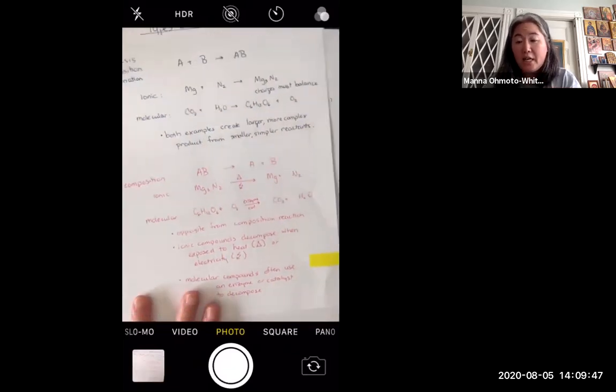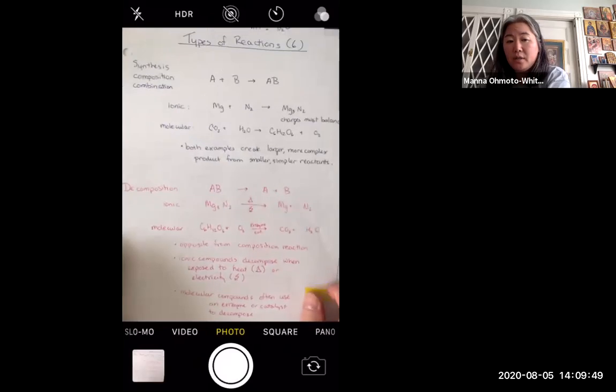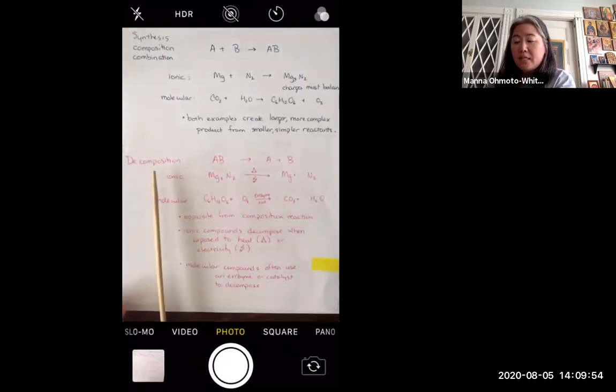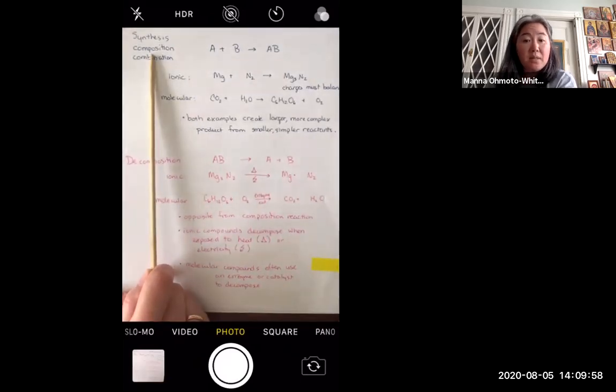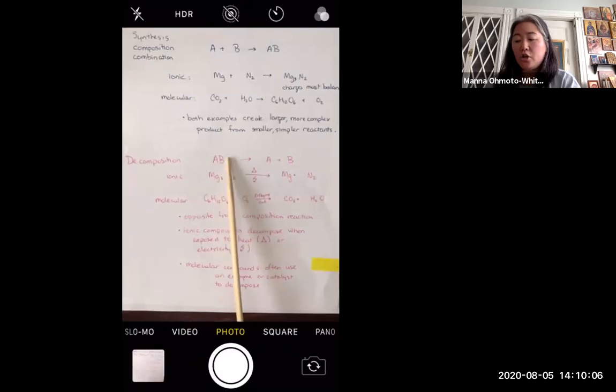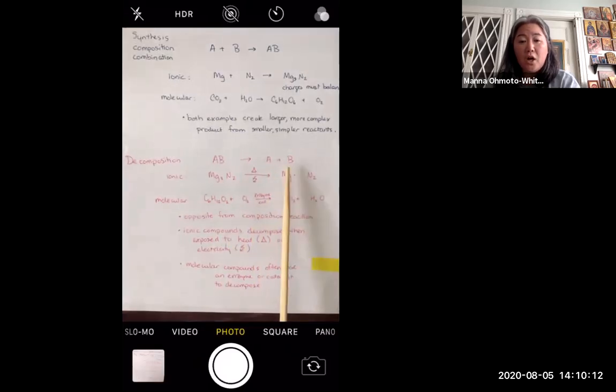The second reaction is related to the first one, and you can tell that by the name. So one of the names of this is a decomposition reaction. The reason why I usually call the first one a composition is because it's to show that the decomposition reaction is really just the opposite of it. So I'm taking a larger complex reactant and I'm breaking it up into smaller, simpler parts. Oftentimes this will require special